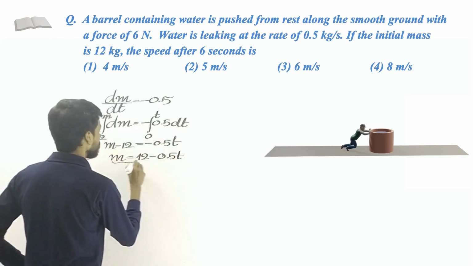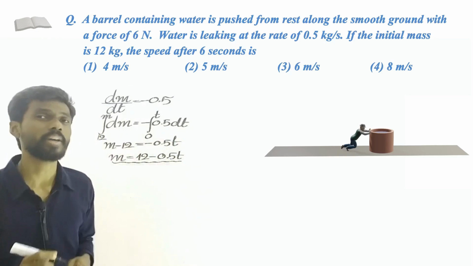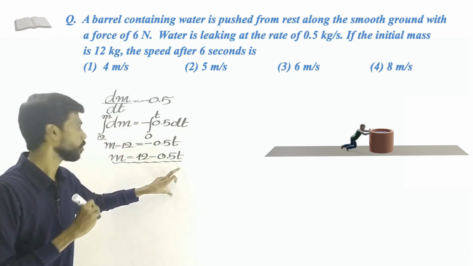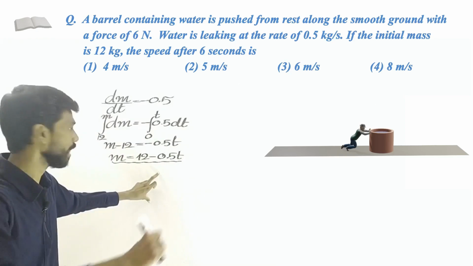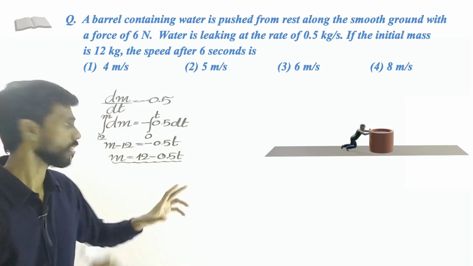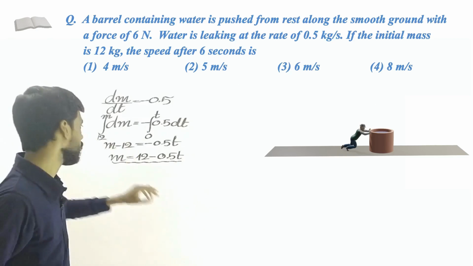This is the mass of the object at a particular instant of time, right? So when t is 0, what is the mass? 12. So that is the initial mass, right? Then the mass keeps decreasing, right? When t is increasing, the mass of the object is decreasing, right? Yes. Now we got the